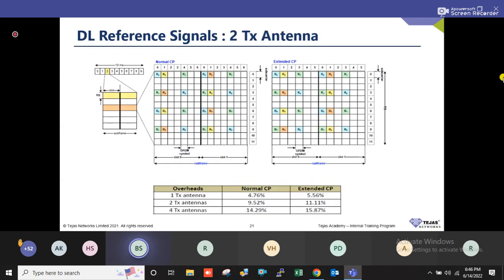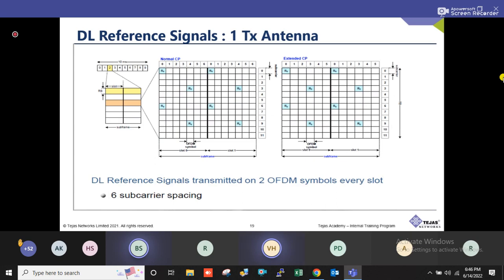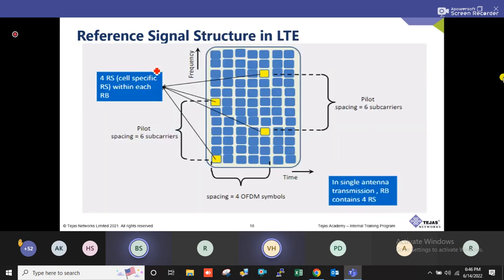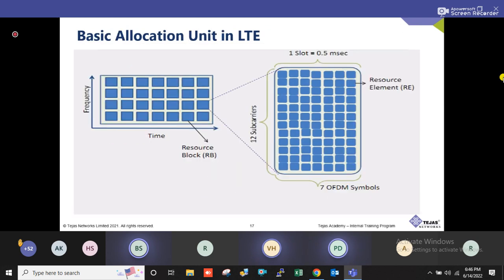Okay, the last topic, I'll come to this. This is nothing but what you call the reference signal. Please go back over. Yeah, please tell me. Here,